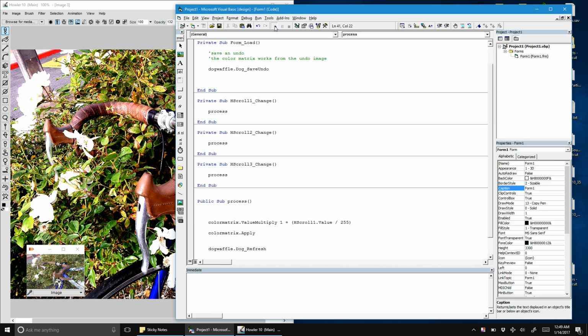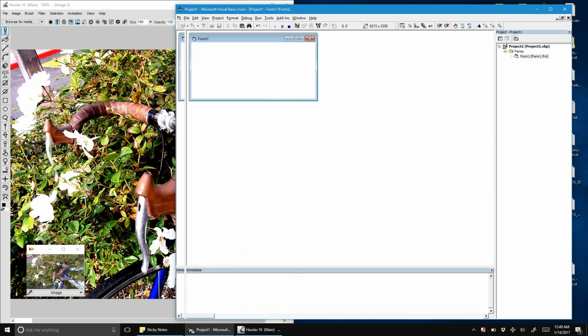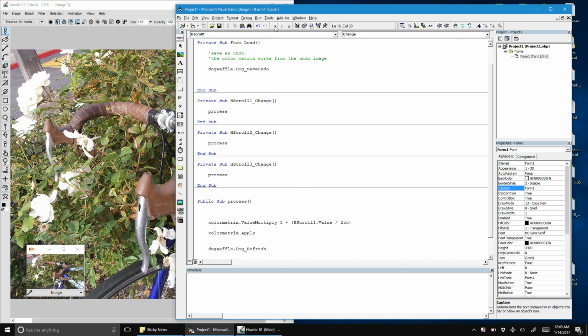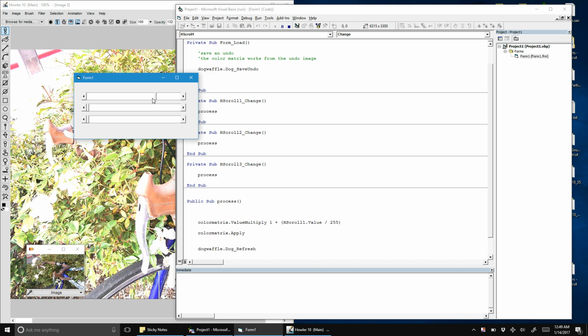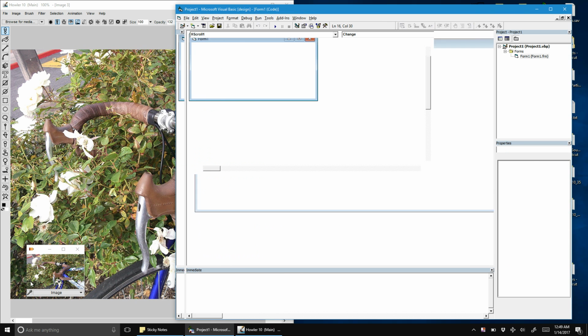Let's try this. Whoops, I gotta restore this image first. All right, let's try this, and there we go. That is equivalent to changing the brightness of the image. So we've already done color adjustments in the form of adding and multiplying, and we also did contrast, and this is also now doing brightness. All right, so let's restore that,